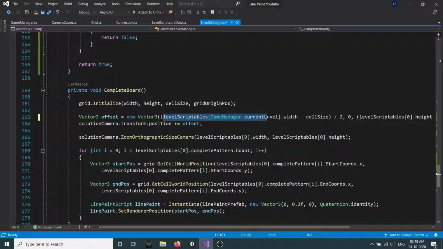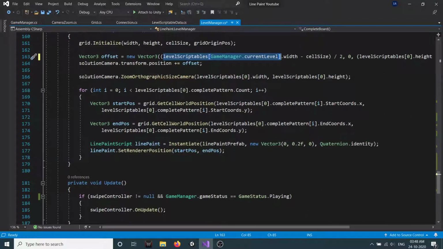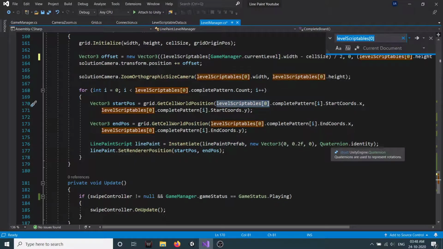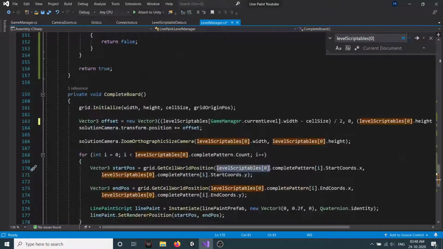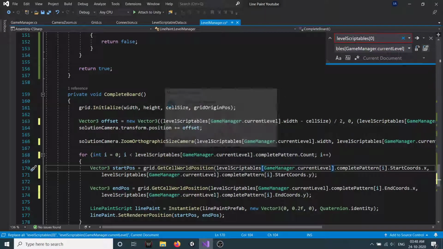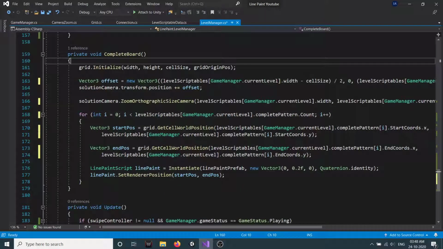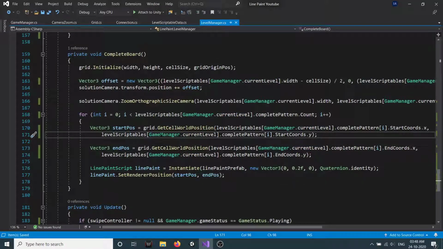We can just copy this entire thing, and then we have this level script table 0. Control F, and yeah, then it is only selecting the one which we want to change. So if you click on Control F, you get this option. Just click on this drop down, remove this and paste this, and click on replace all. Okay, it replaced. As you can see, everything is replaced by this thing. So now the level will be loaded depending on our game manager's current level information.